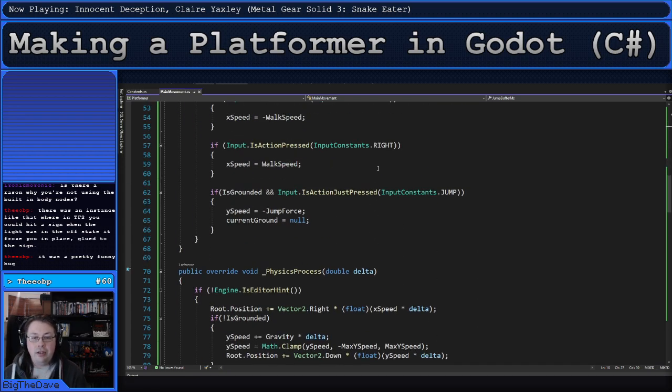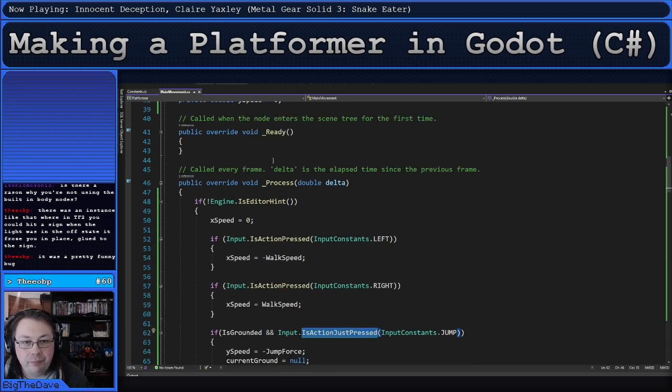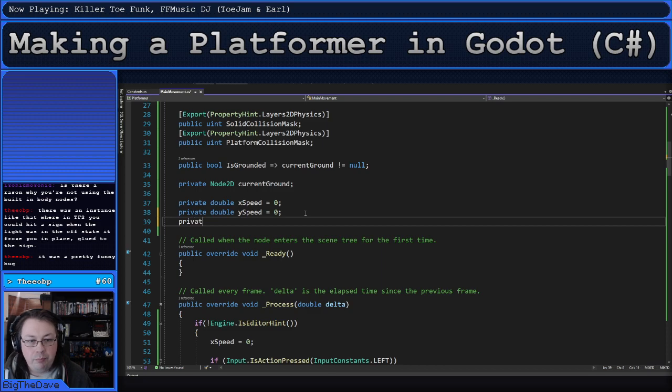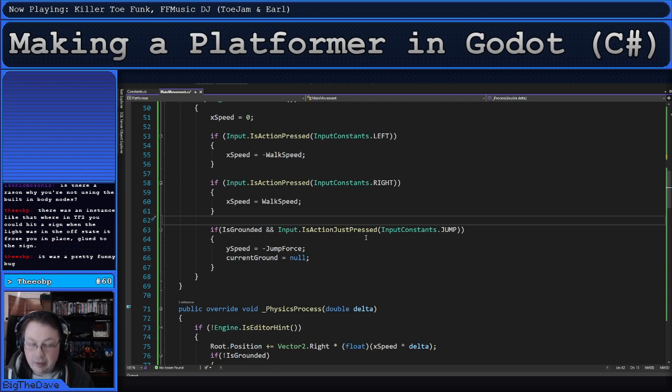So how do we actually implement this in the game? Because we've now got is grounded in here and is action pressed. We now want to put in here a private double jump button pressed at. So now what I want to do in here is if input.is action just pressed,